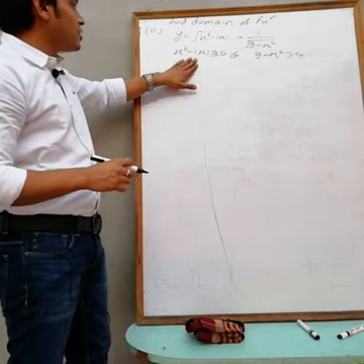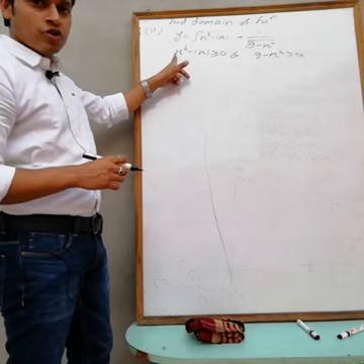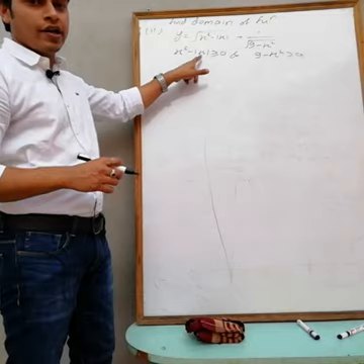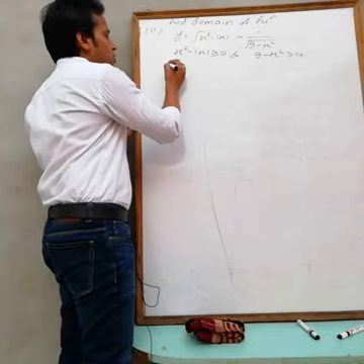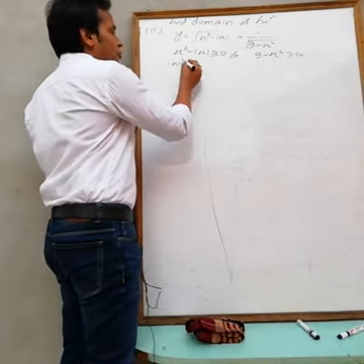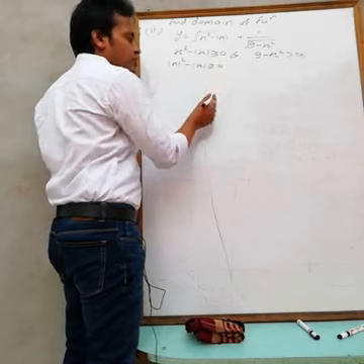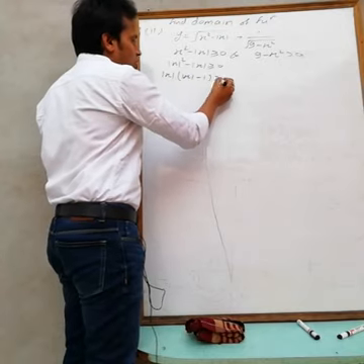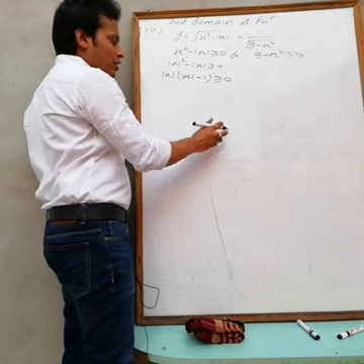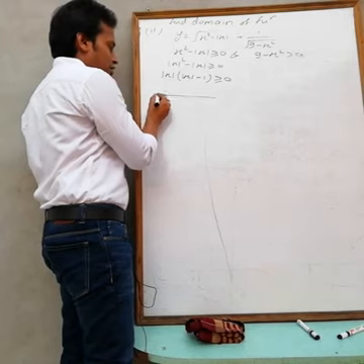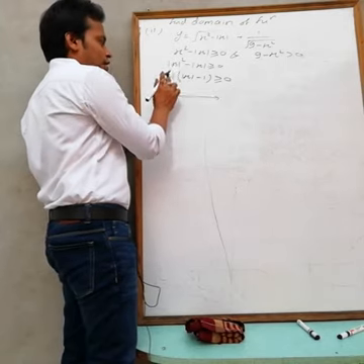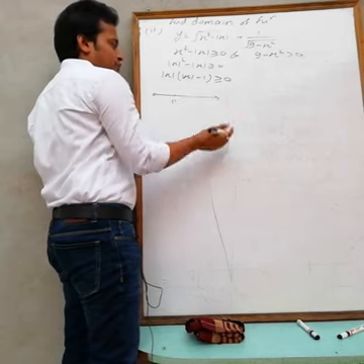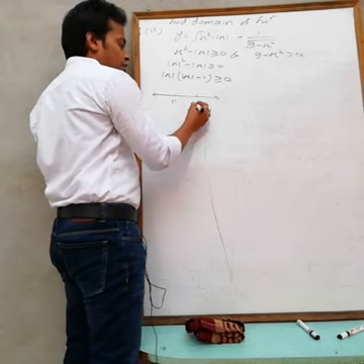Now I have two options: either convert mod x in terms of x, or convert this one in terms of mod x. Easily I can convert x square in terms of mod x. So I am writing this as mod of x square minus mod of x greater than or equal to 0. I can take mod x common: mod x times (mod x minus 1) greater than or equal to 0. Now I can use the sign scheme for mod x. Remember, this is for mod x, not for x. If you put this equal to 0, mod x equals 0, and mod x equals 1.